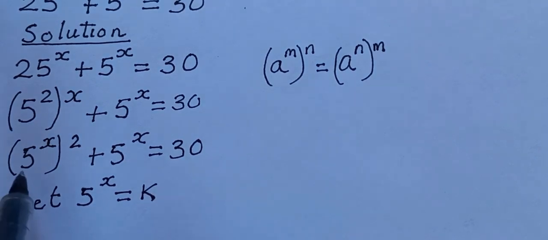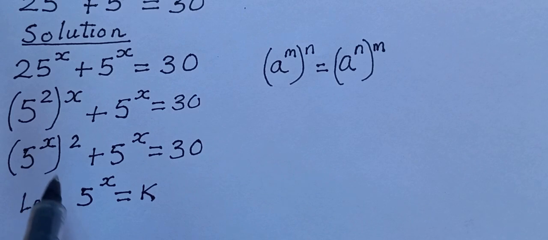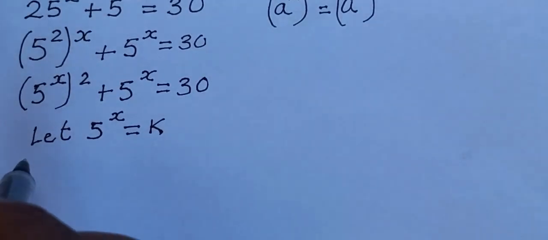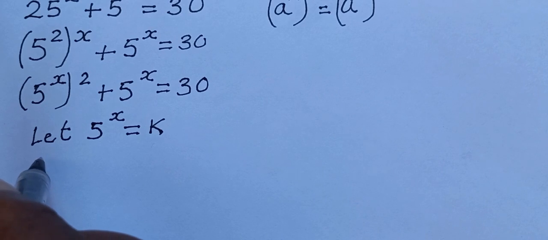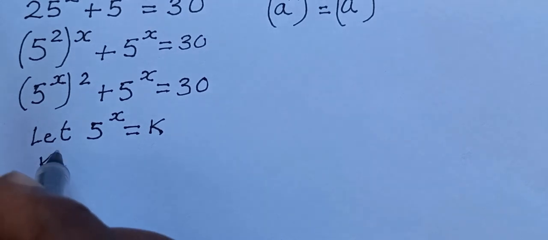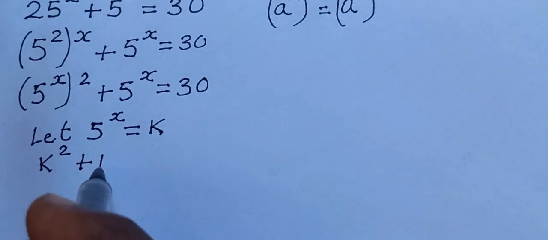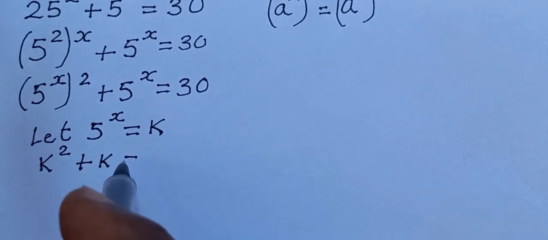So here we have 5 raised to power x, we are going to substitute k. Here we have 5 raised to power x, again, we are going to substitute k. So we have k squared plus k equals